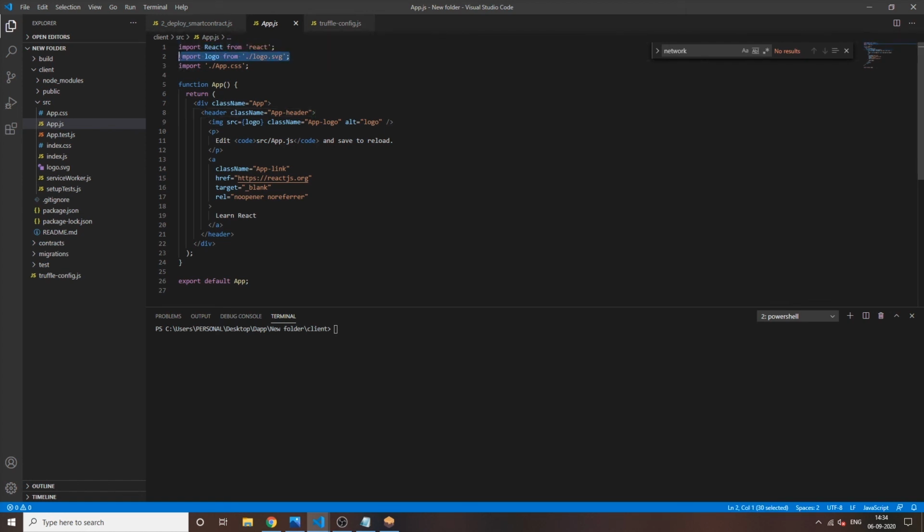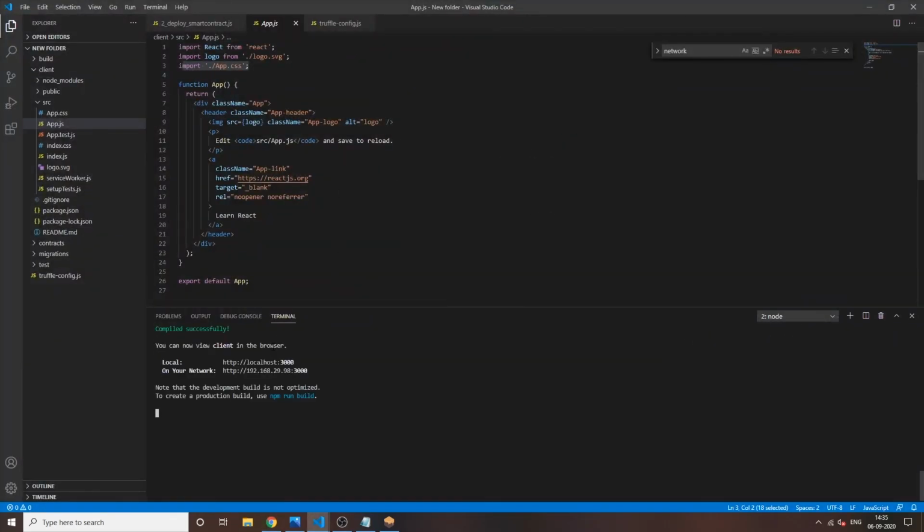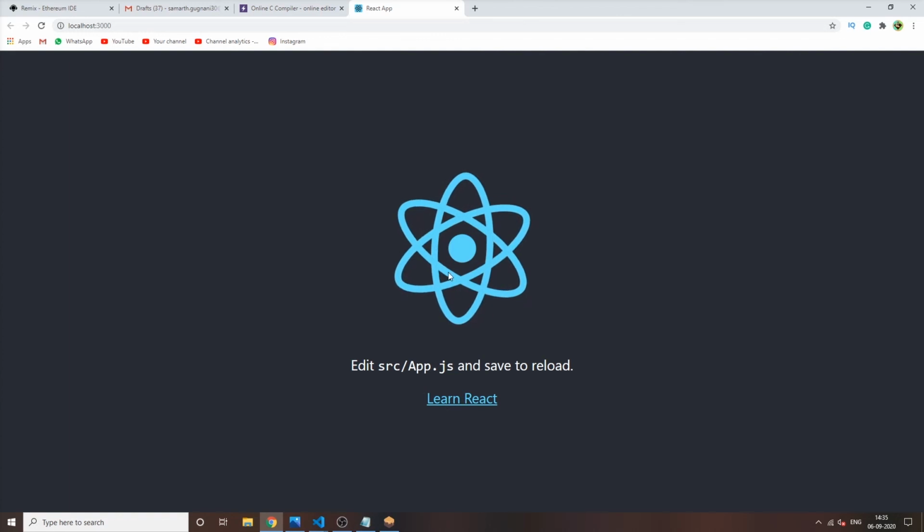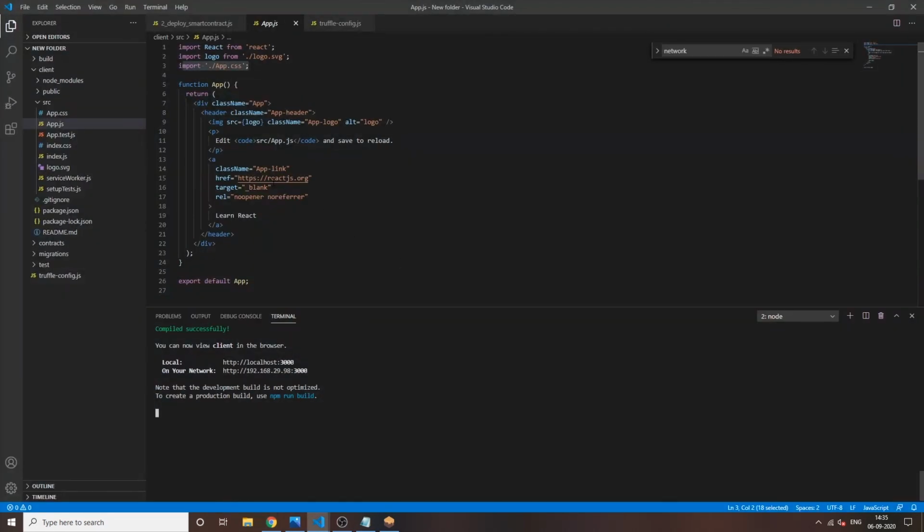You can see that here it is importing React, so it's obvious we are using React. It is importing the logo and CSS. We can start the React app by just typing npm start, and it will start our application in the browser. Meanwhile, it's starting and compiling, and it's compiled. You will see this React logo when you first start your React app. We can understand that it is returning, so front-end code is also in the JS file. That is the quality of React.